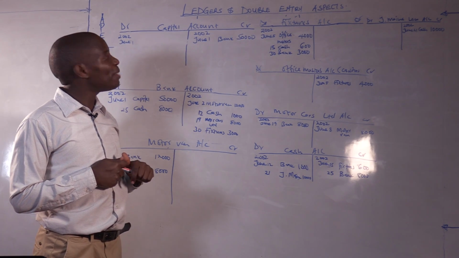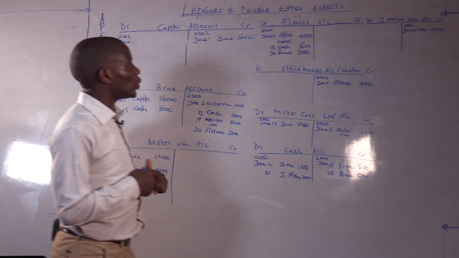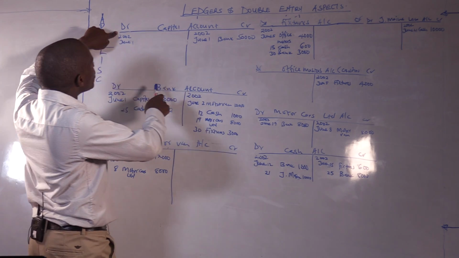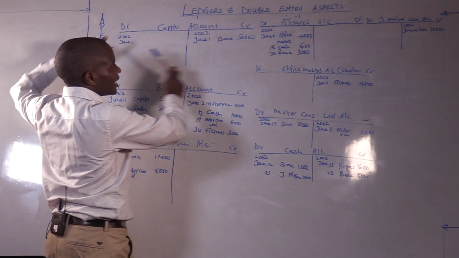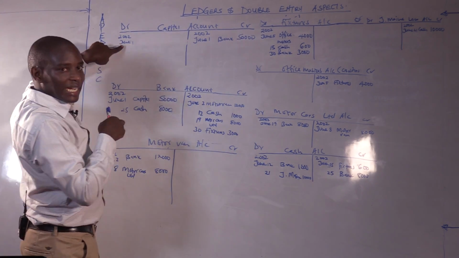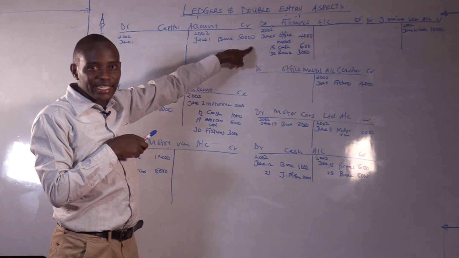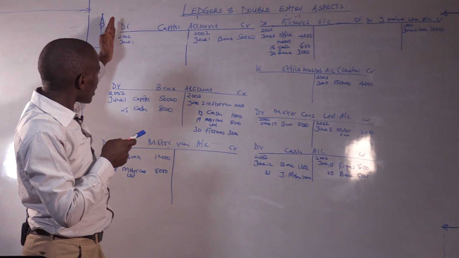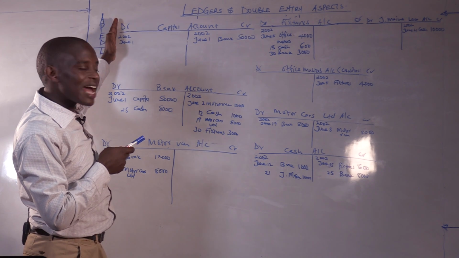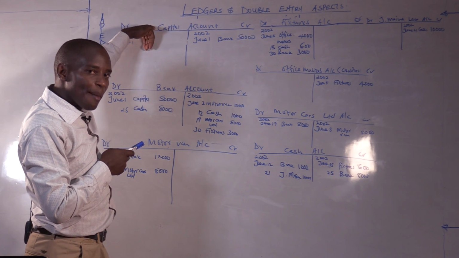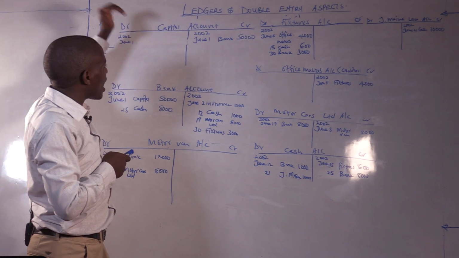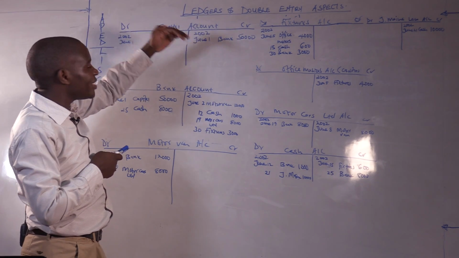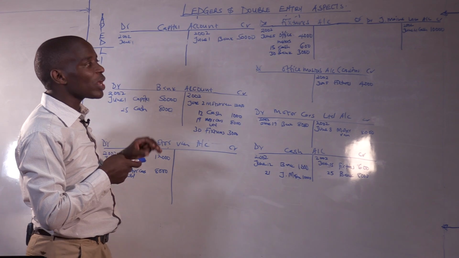Balancing of the ledger is to ensure that whatever we have on the debit side is equal to the credit side. And if the debit side has a lower amount than the credit side, or the credit side has a lower amount than the debit side, we usually